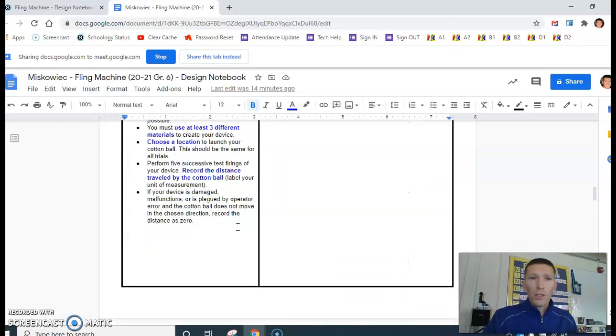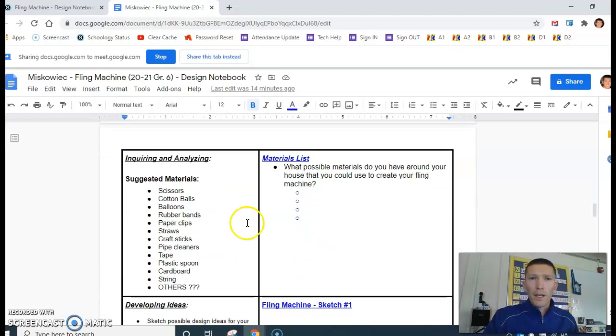Down below, the only other thing you have to work on right now is looking at your materials list. On the side here, you'll see suggested materials, but you don't have to use them. Those are materials that a lot of students have used in the past. They can make it easier, depending on the idea you have, to launch that cotton ball. And just a reminder, if you don't have a cotton ball at home, that's okay. You can use a tissue, toilet paper, something that you're going to be able to launch